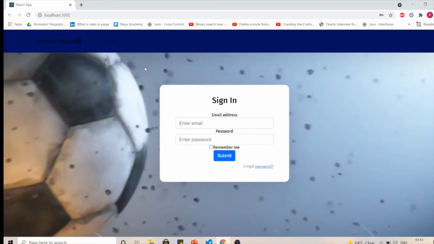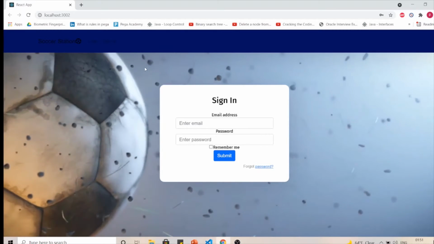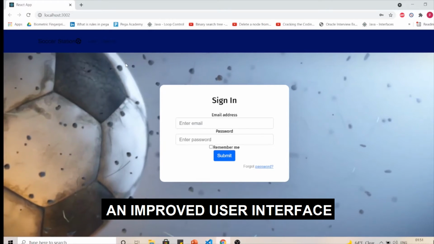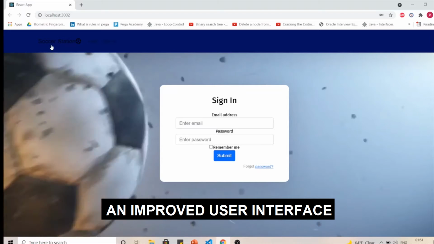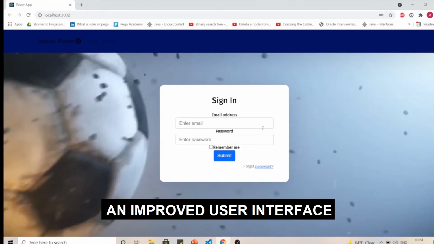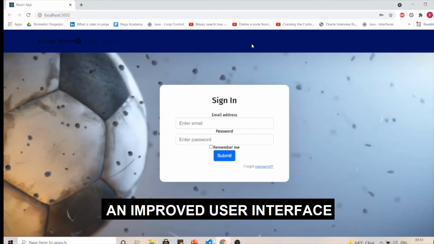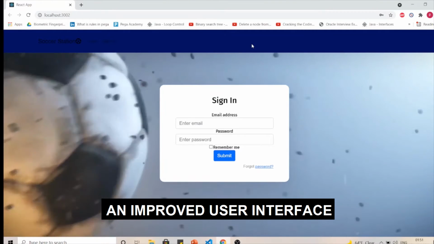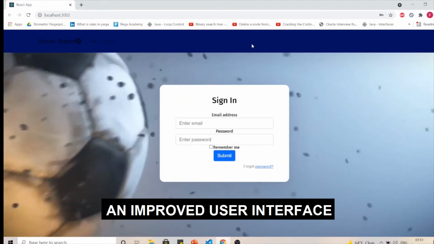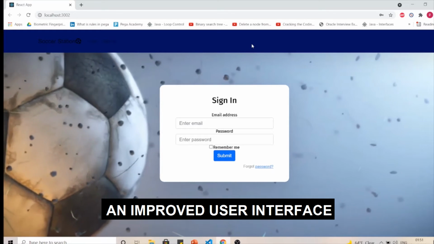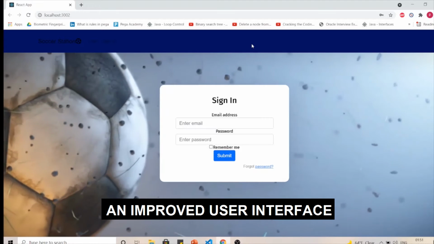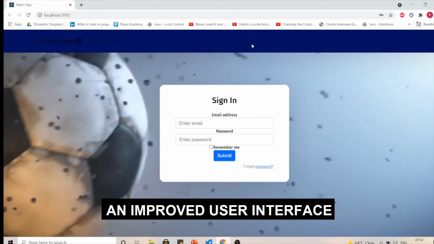As you can see, if you compare the video from the last time, our application has incrementally improved as far as the user interface is concerned. Our Soccer Station now has a football beside it, and the navbar elements and components have improved, as you will see further in the demo. You can also see a live muted looped video playing at the back, which falls in line with the theme of our Soccer Station website.